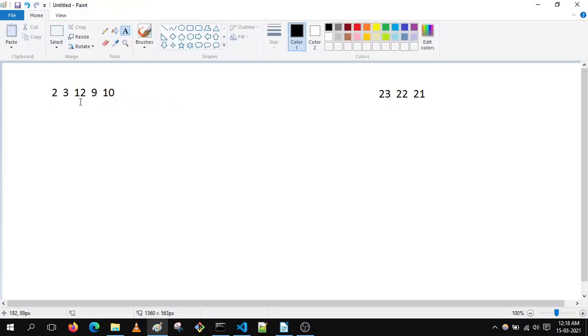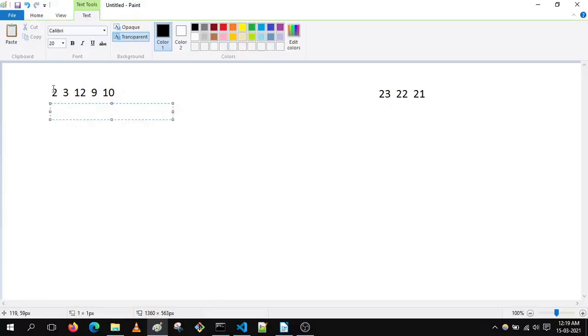We can maintain another array and store the sum of the first series in this second array. So 2 plus 3 is 5, 5 plus 12 is 17. The sum of the first series is 17, so we store it in the other array.